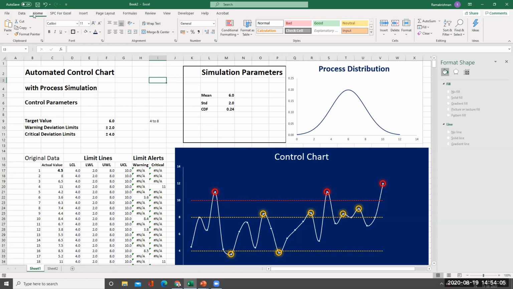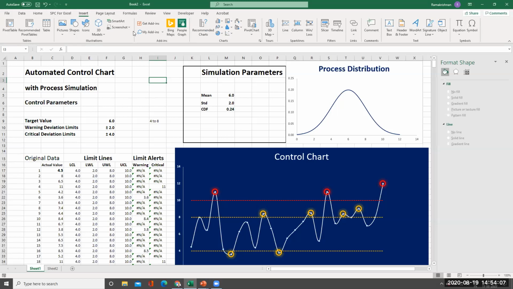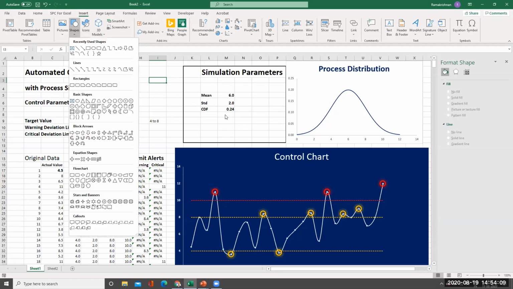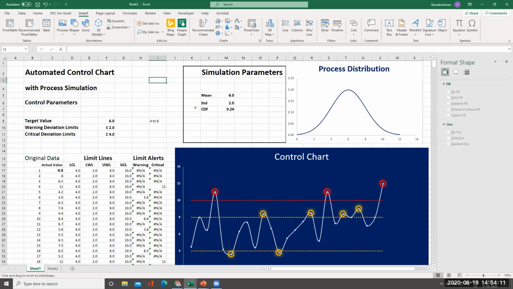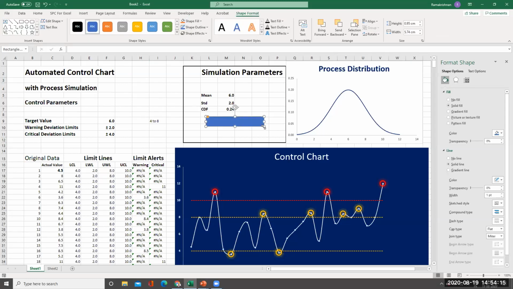I'll just go to Insert, Shapes. I'll make this a rounded rectangle. I'll make it say Add New Value. Add new data. Right.